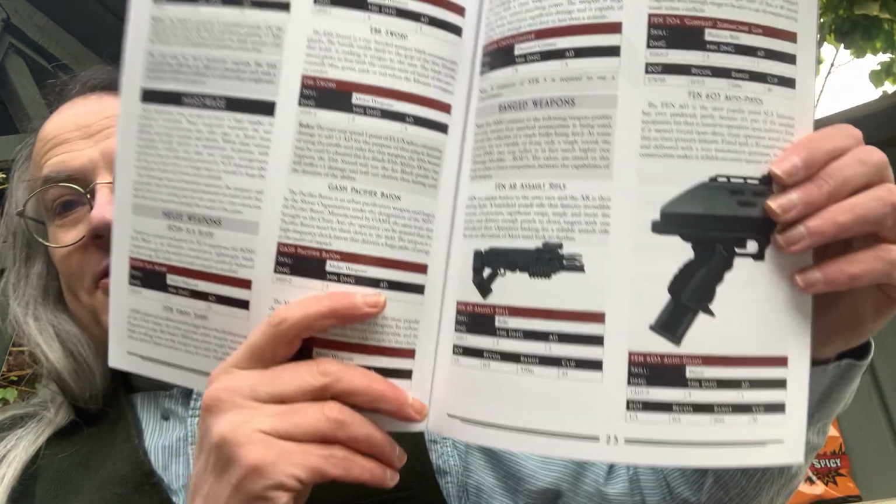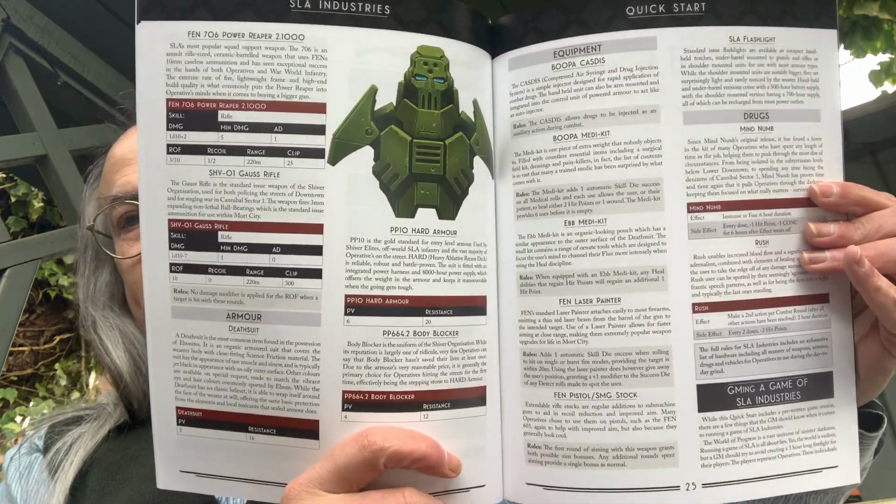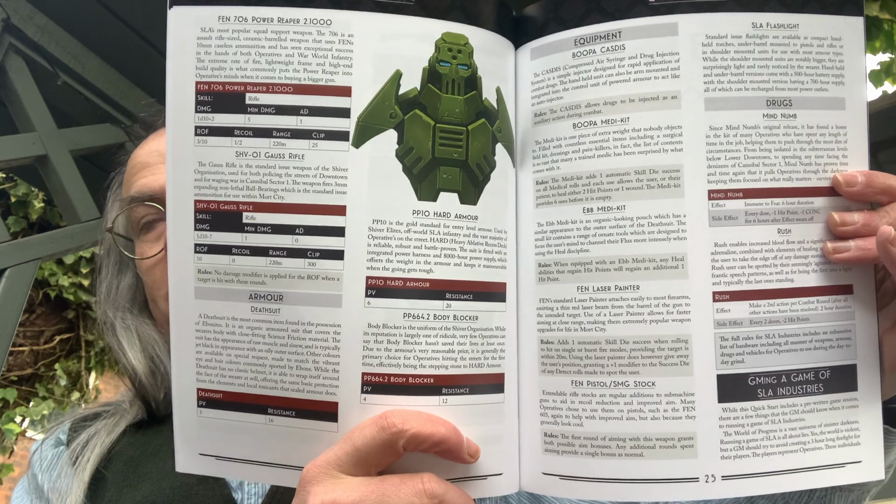But no, it looks like this, and having that in front of you gives your character a sense of verisimilitude. It's sort of like, okay, I now have some idea of what my character is wielding. I get a feel for it. And then, for example, we have the PP10 hard armor. That gives you a feel of what you are wearing. What are you clunking about the sewers for? Trying to clear out these